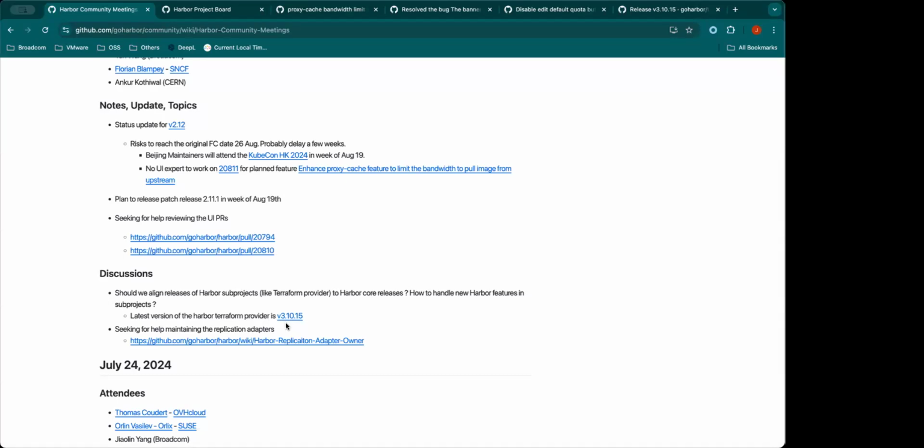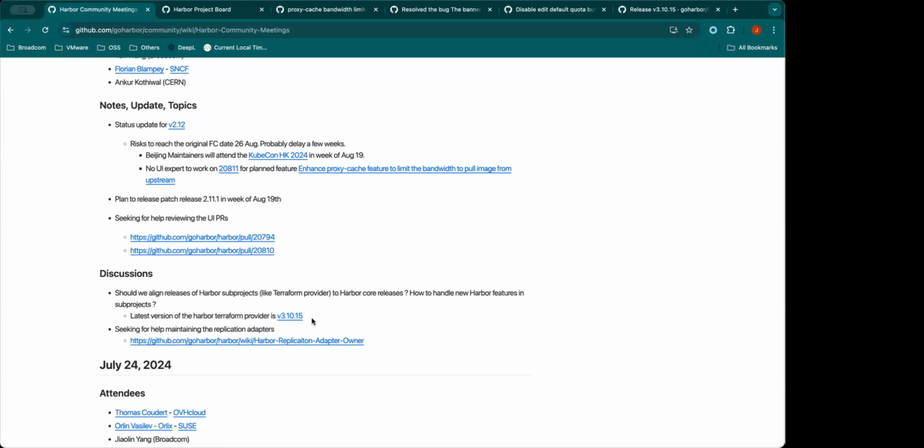I mean to make a parallel between the version of Harbor core and the Terraform provider. The next version of Harbor will be 2.12, so should the next version of the Harbor provider be 3.12? Oh, okay, got it. You mean the version number mapping between Harbor and the provider, right? Yeah.